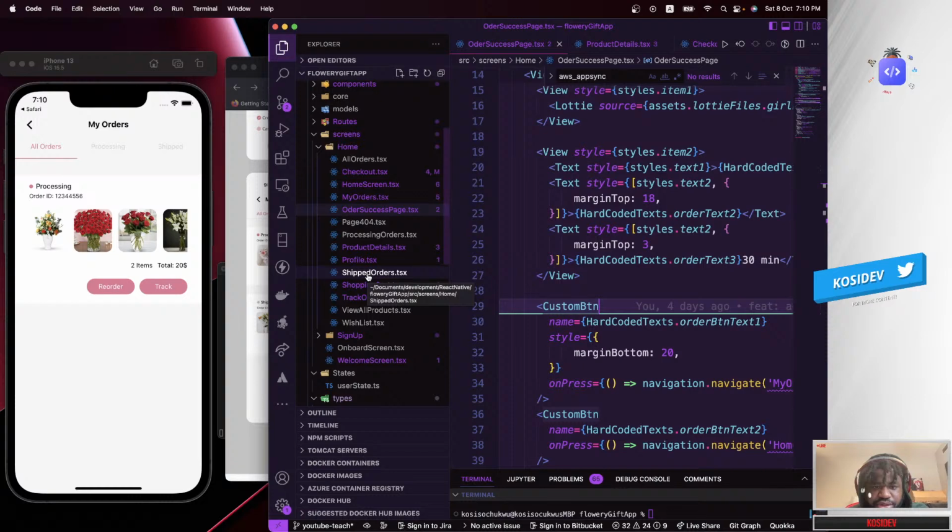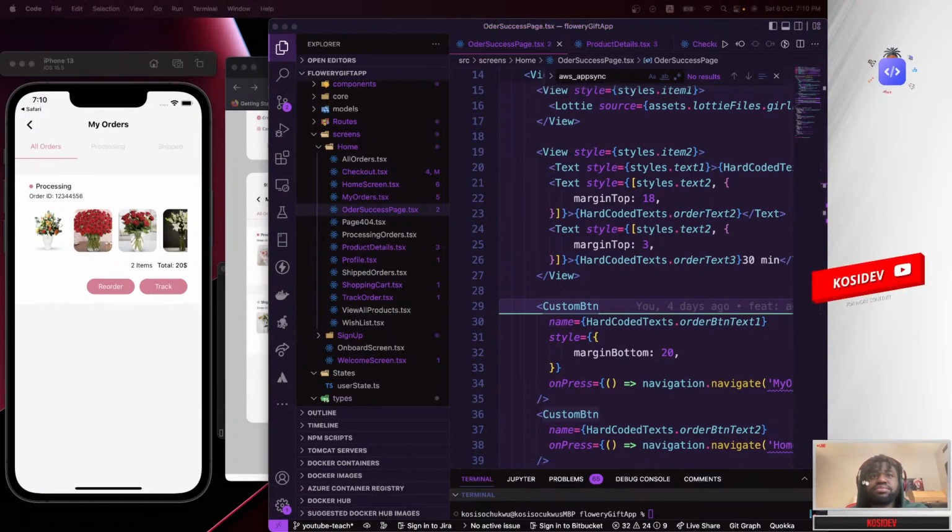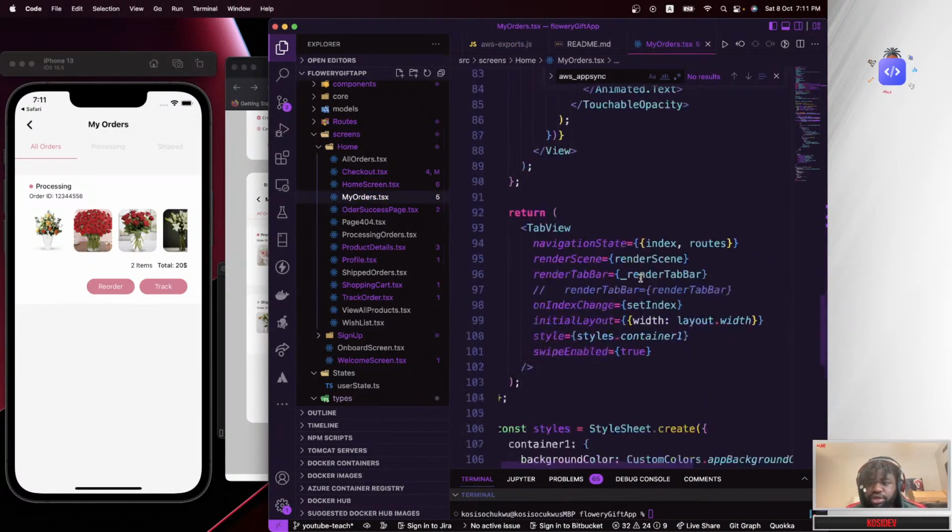That is not called shift orders. Okay, so let's figure this out.